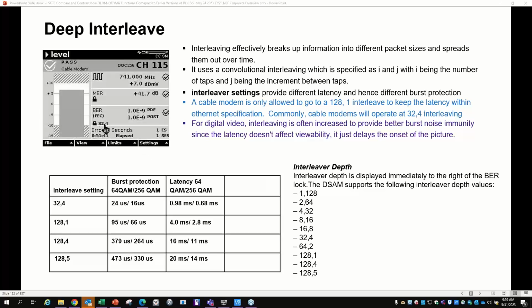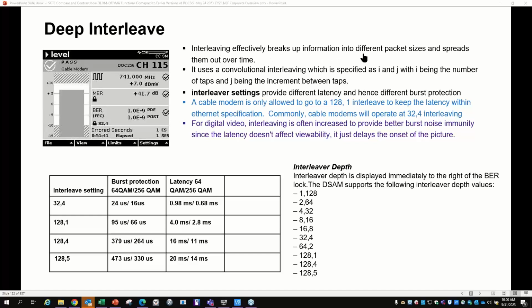This is 32x4. Now, if you were to look at all your DOCSIS carriers, they have an interleave setting of 32x4, meaning that they can withstand a burst protection of 24 microseconds and 60 microseconds. So if 64 QAM, 256 QAM, right, the latency for both types of carriers, based on this technology, is 0.98 for 64 and 0.68 for 256. So this is the latency introduced by this type of technology, right? And basically,